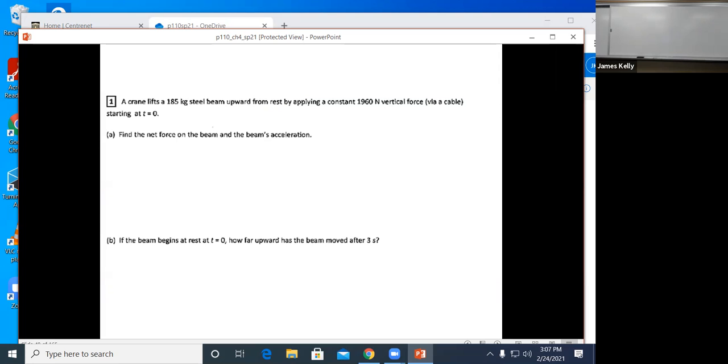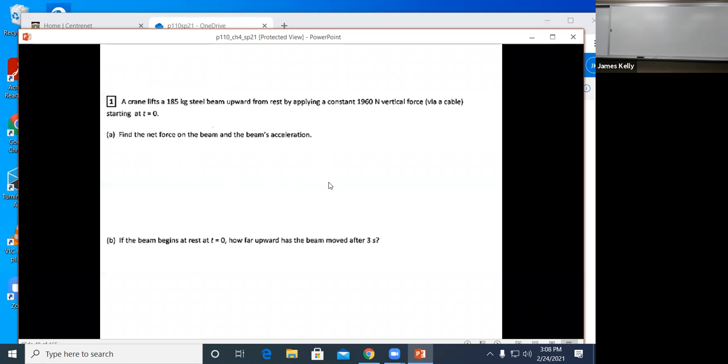Here's a crane lifting a 185 kilogram steel beam upward from rest. So we're imagining the cable had the beam just hanging from it, and then they start accelerating it upward, or lifting it upward, and we'll see if it accelerates. The cable applies a 1,960 Newton force upward on the beam via the cable. And so we want to find the net force on the beam